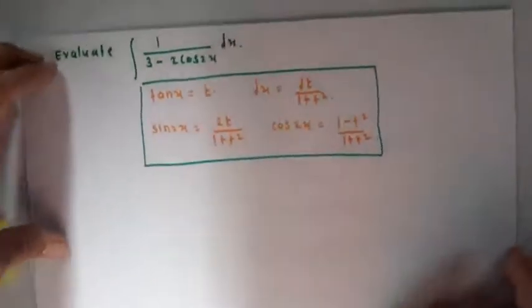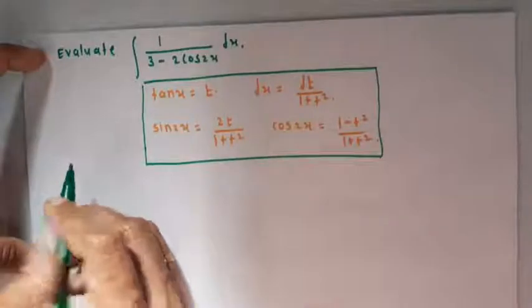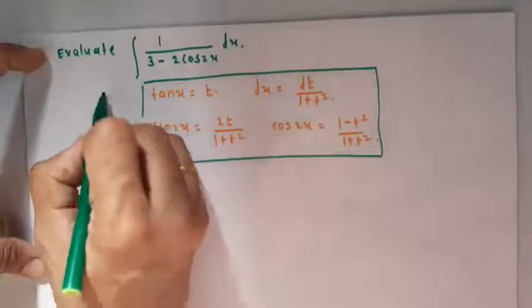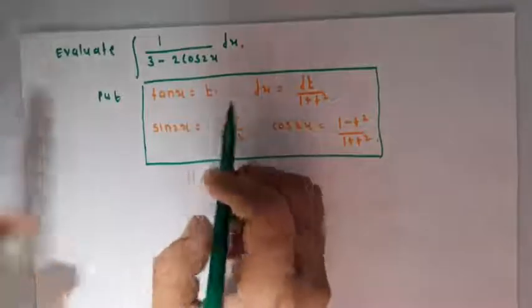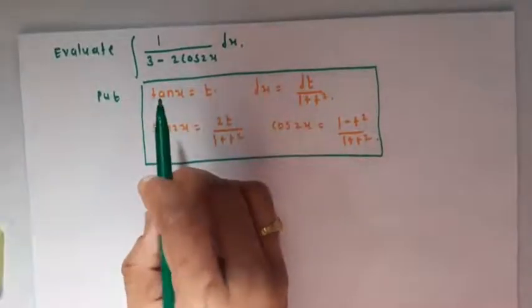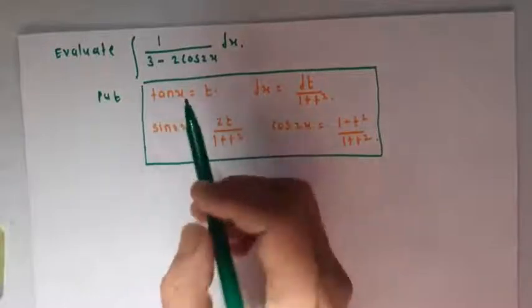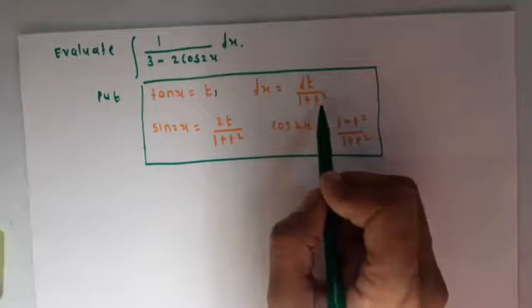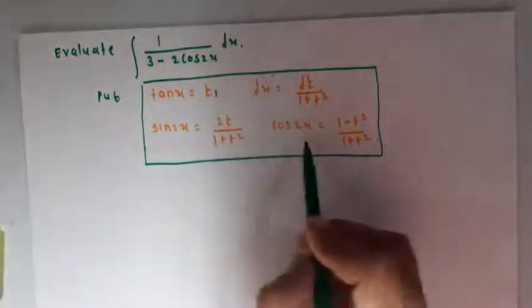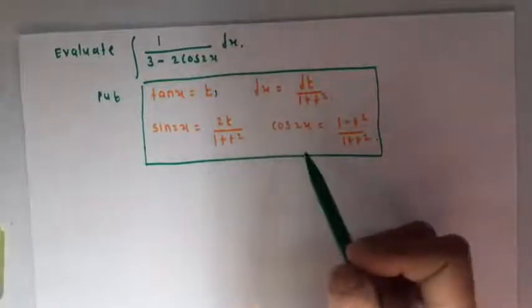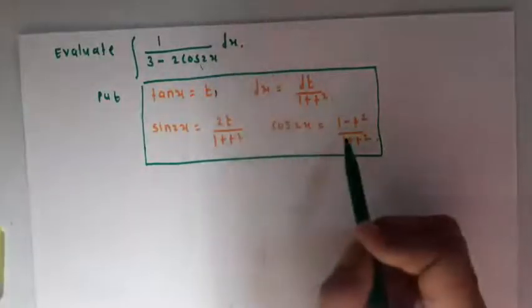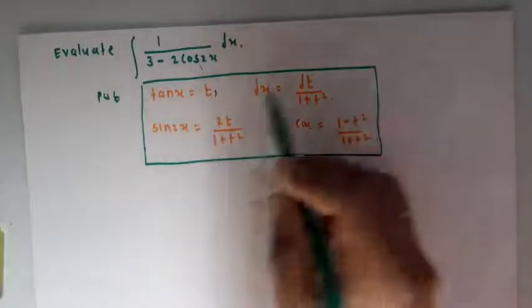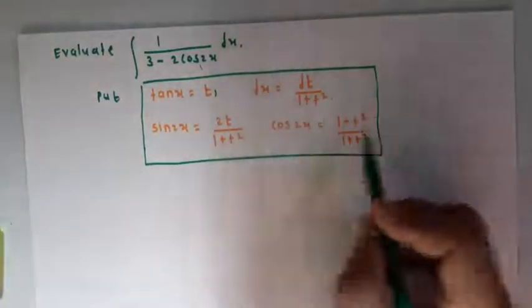So this is the integration, and by using this we have to solve. Put tan x equal to t. Students, it is not necessary to write the detailed procedure. You only have to write: put tan x equal to t, then dx equal to dt upon 1 plus t square. If there is cos of 2x or sin of 2x, whatever the function, give their values accordingly. And for this substitution and all these things, there is 1 mark for this step.